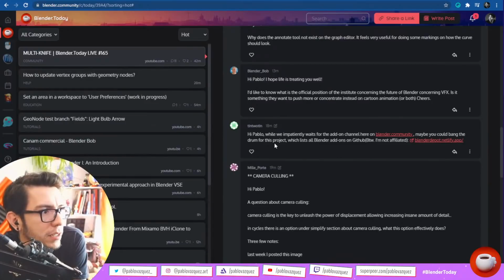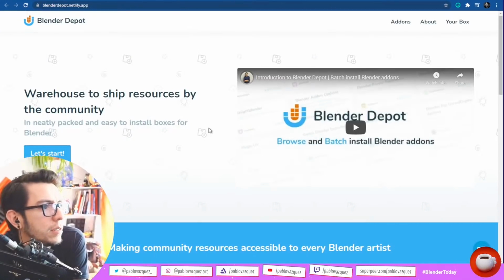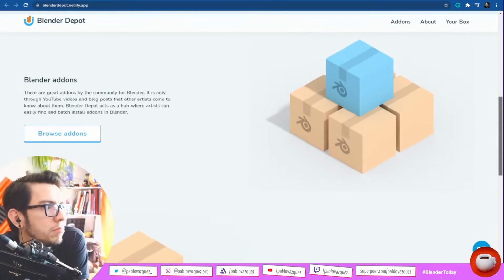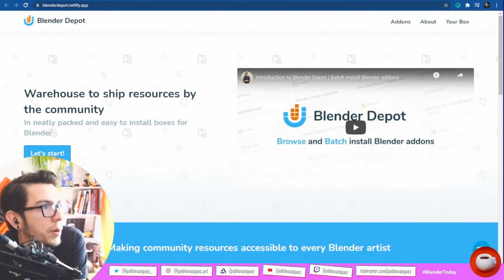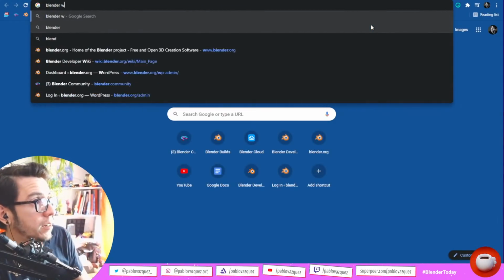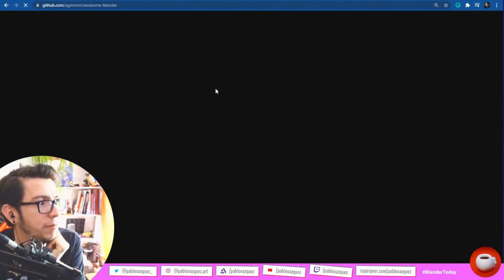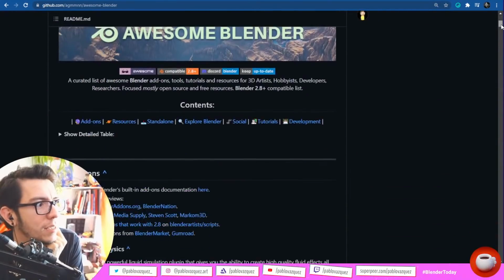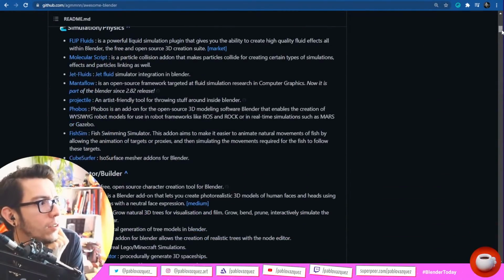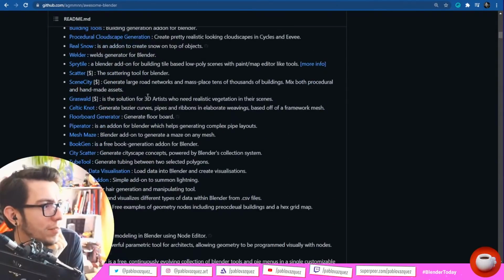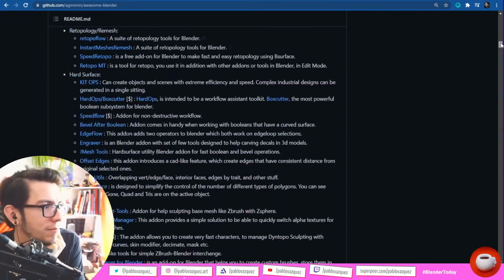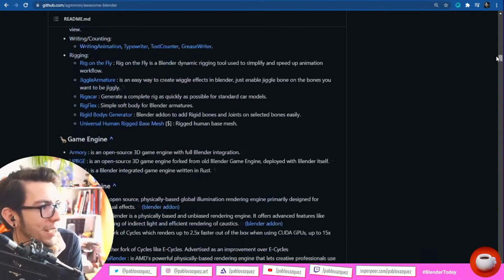Maybe you could bang the drum for this project, which lists all Blender add-ons on GitHub. Blender Depot. I don't know this, but I know Blender Awesome, which is a list on GitHub that contains a ton of add-ons, and they're marked free or non-free, and it's just amazing that someone maintains this.